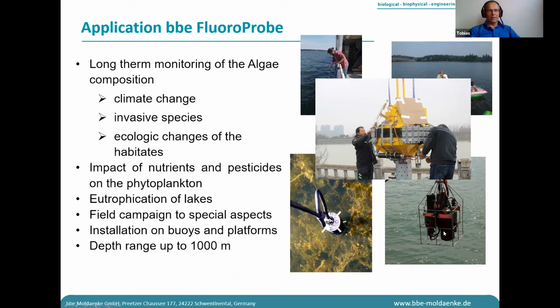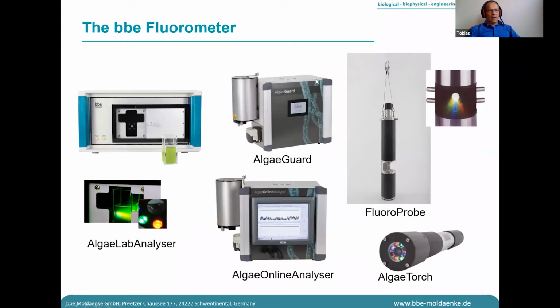If they use it on oceanographic vessels, they don't want to deploy twice. That's the reason we have a pressure housing for 1,000 meters, but there are no algae down there at all. It's above 50 meters where the algae are really important. It's just for operation. Then there are the fluorometers. You have lab analyzers, and you have an online analyzer, a flow-through system, the algae online analyzer, the FluoroProbe, and the IGI Torch. It's a smaller instrument for lake measurement. Yeah, that is what I want to tell.